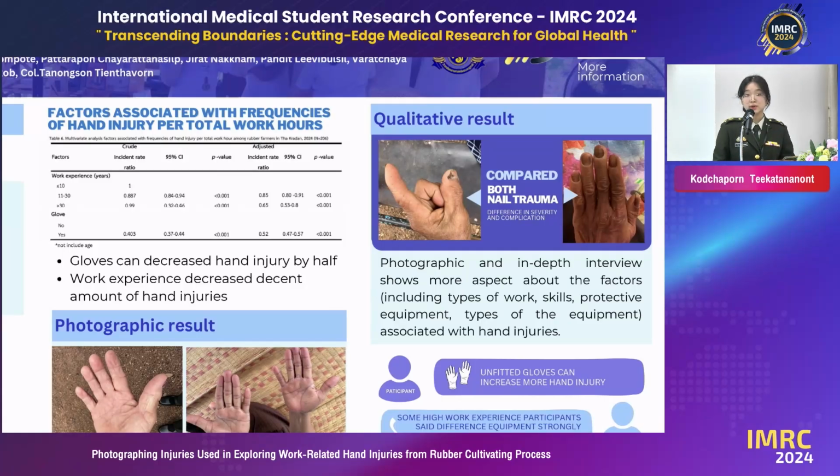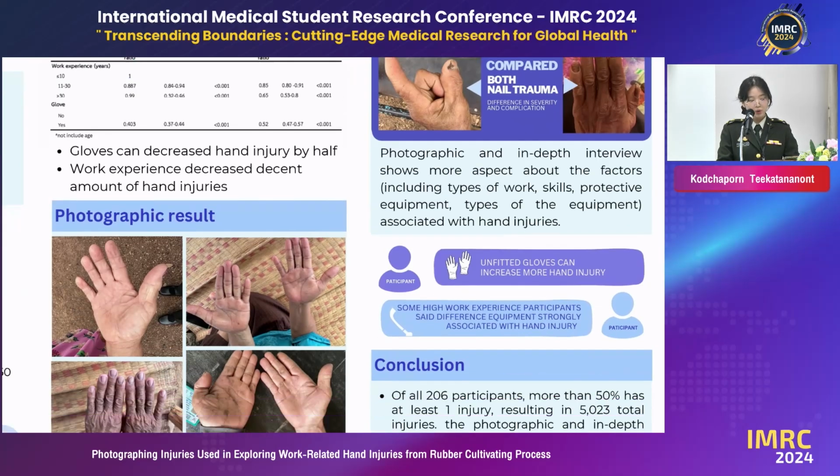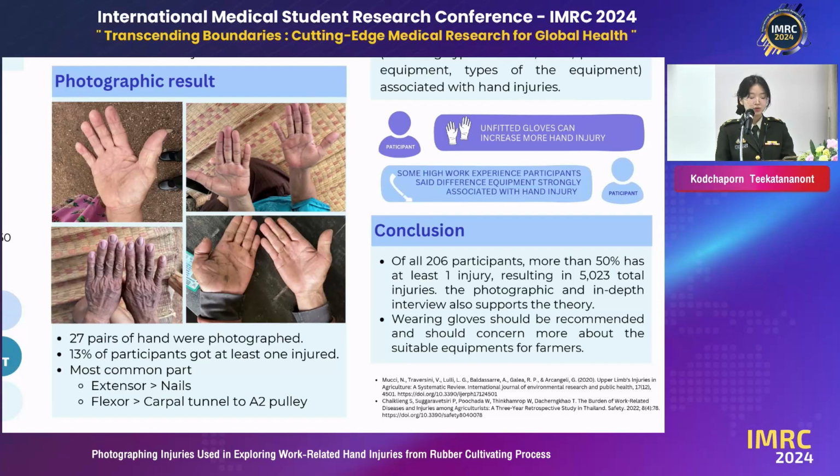We also interviewed some participants with high work experience and no injury in the last cultivating season. He said that the different equipment, such as type of knife, type of work, or the glove, is strongly associated with hand injury. So our conclusion, of our 206 participants, more than 50% had at least one injury,